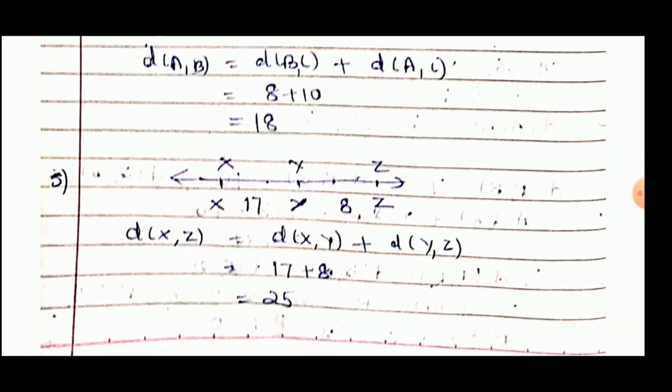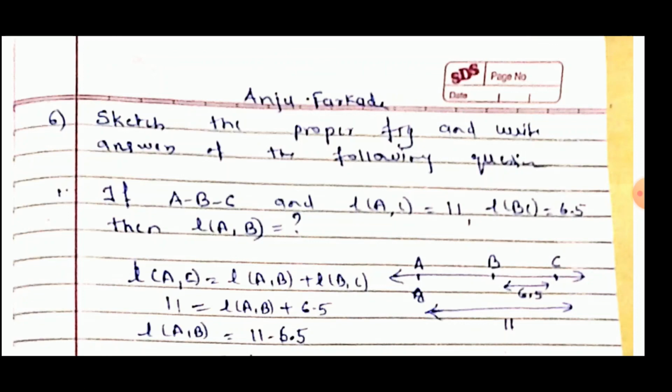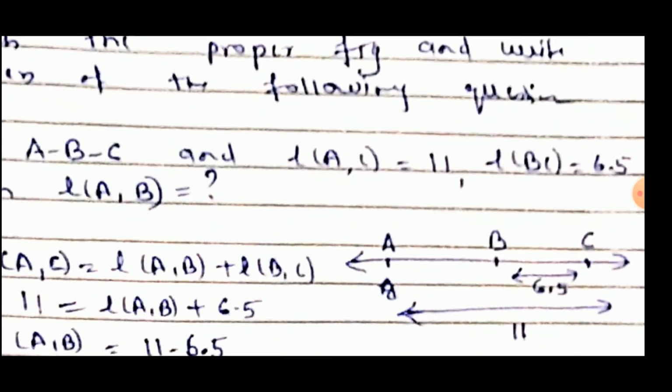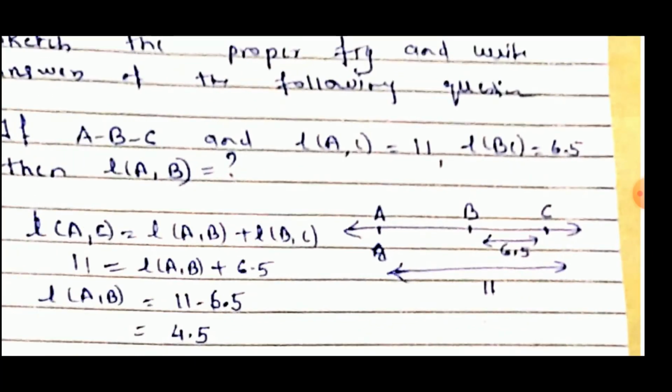Then XZ will be equal to 17 plus 8, that is 25. Now sketch the proper figure and write the answers to the following question. If A-B-C and length AC is equal to 11, BC is equal to 6.5, then find out AB. So now this way here you will get. From this figure only you can find out distance AB will be equal to distance AC minus distance BC. So length AB is AC minus BC, that is 11 minus 6.5,